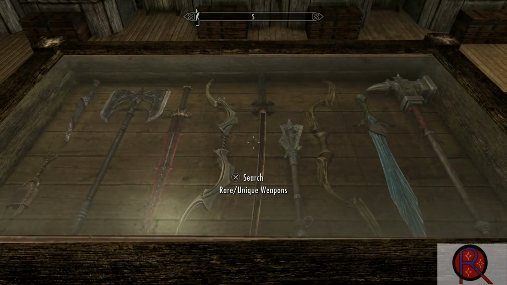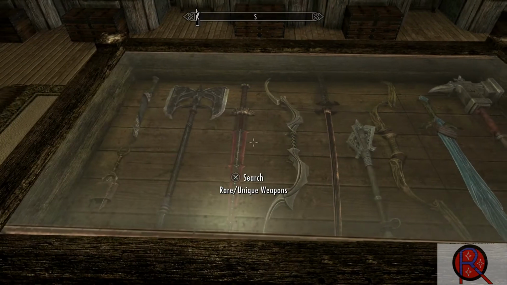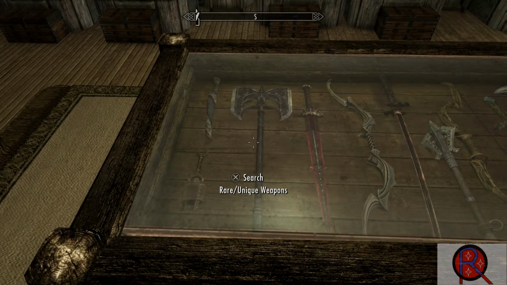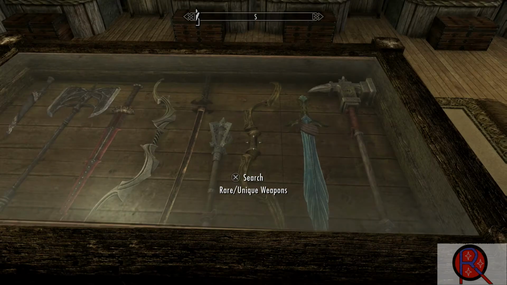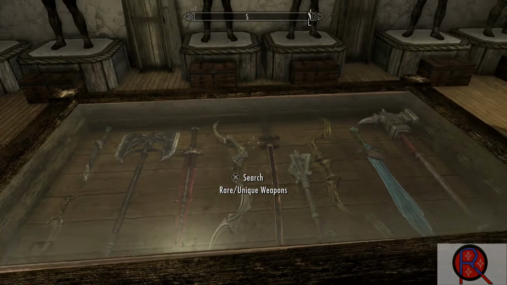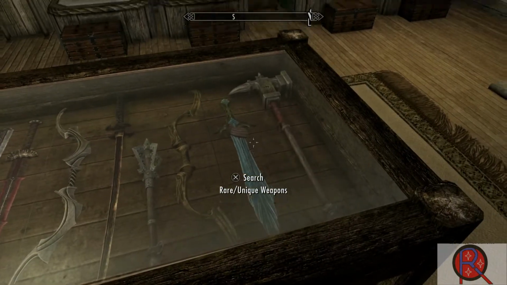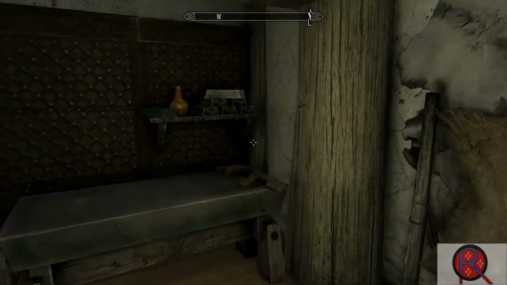And here are some unique weapons, or rare weapons if you want to. There's the Chaos Warhammer, that's the Qa'Rajh, that's the Bloodskull Blade. I think this is one of the bows from the Dawnguard DLC. Oh, Auxiliary Armory. We'll take a look at that in a minute, but there's another room that I passed on